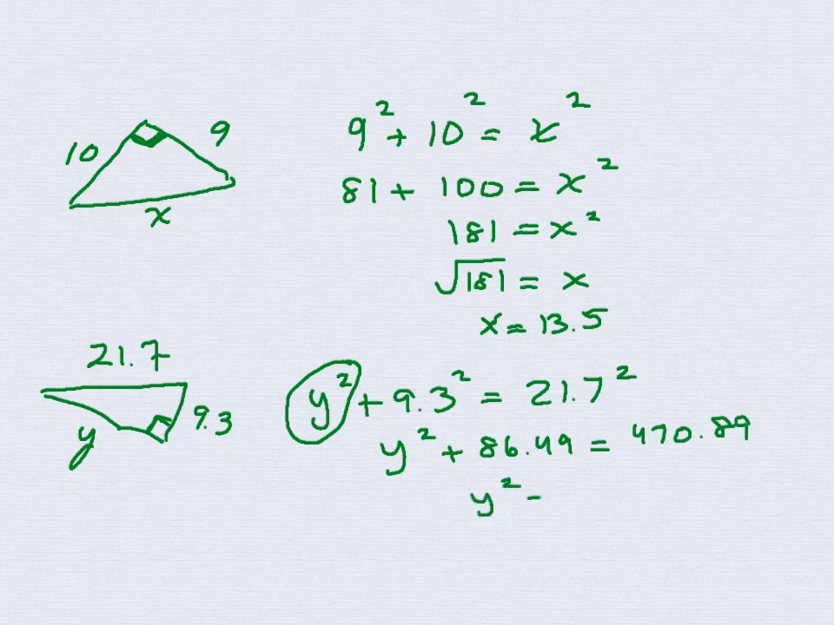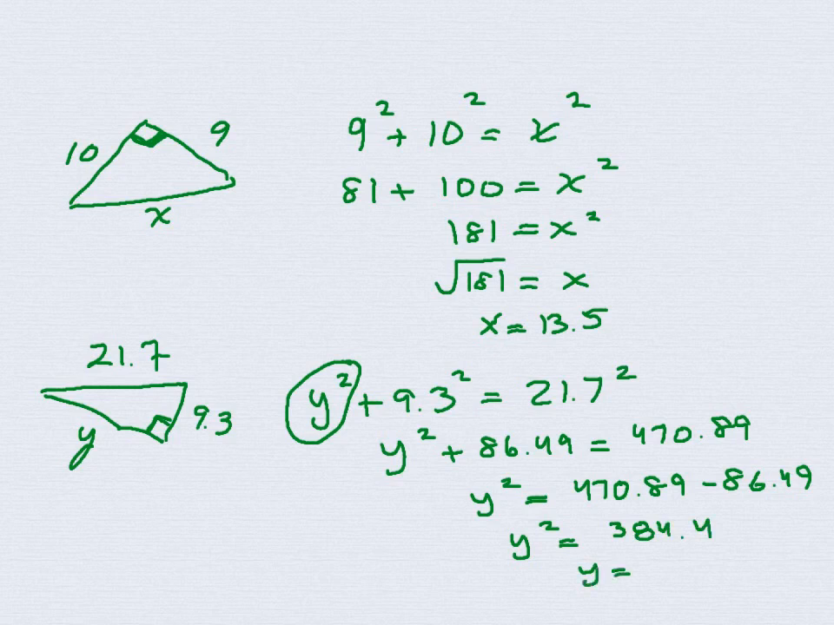Get your letters on one side, numbers on the other. So you've got to do 470.89 minus 86.49. And again, if you're comfortable with your calculator, you can probably do this all in one step. Bottom line, you want to find out what the square root of 384.4 is to get the value for y. So you plug that into your calculator,